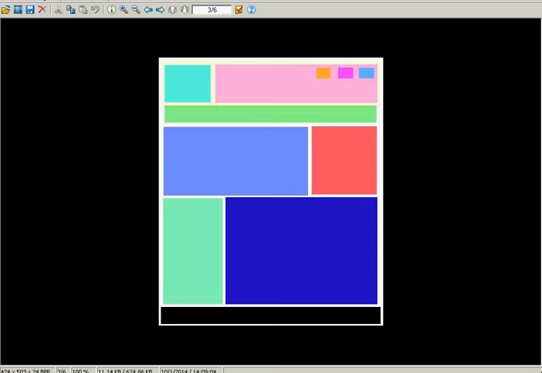Hi friend, in this tutorial we are going to develop this layout using Bootstrap. Before that, we need to understand how many rows we need. Here this is one row,